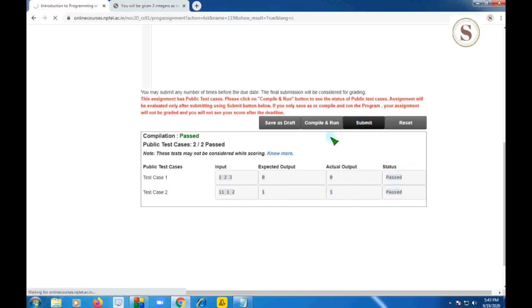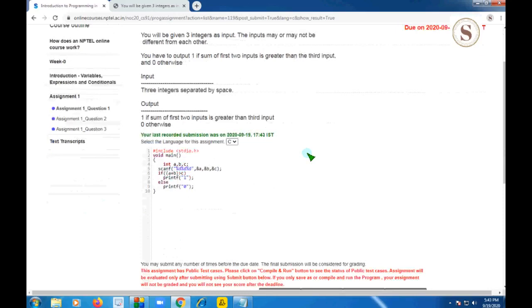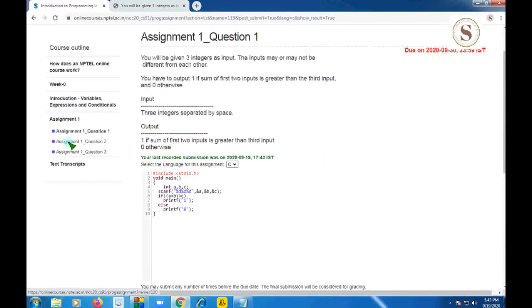I'm going to submit this to check whether the private test cases also pass. There are some private test cases which should also pass for a successful answer. See, there are 5 hidden test cases, and all are passed. So let's move on to the second question.